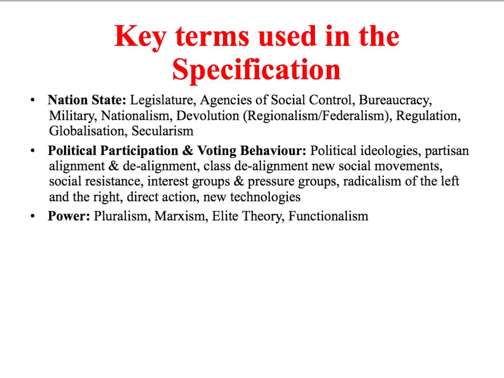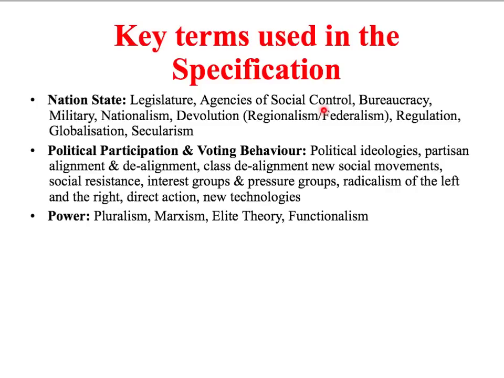So the 15-mark question is normally going to ask you to outline and explain a key term that's used in the specification. And what we can see on this slide are all of the key terms that the specification uses. So these terms are to do with the role of the nation state, and this term, agencies of social control, refers to the police, the judiciary, the court system, in other words those bits of the state that are about